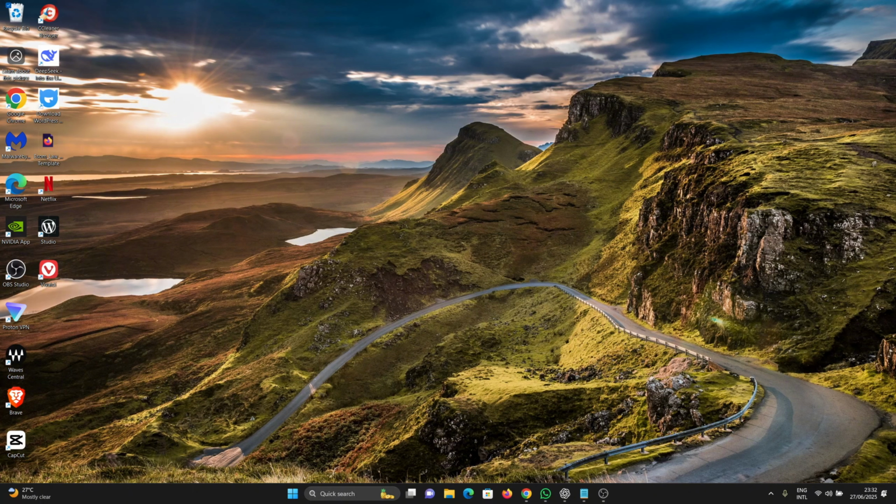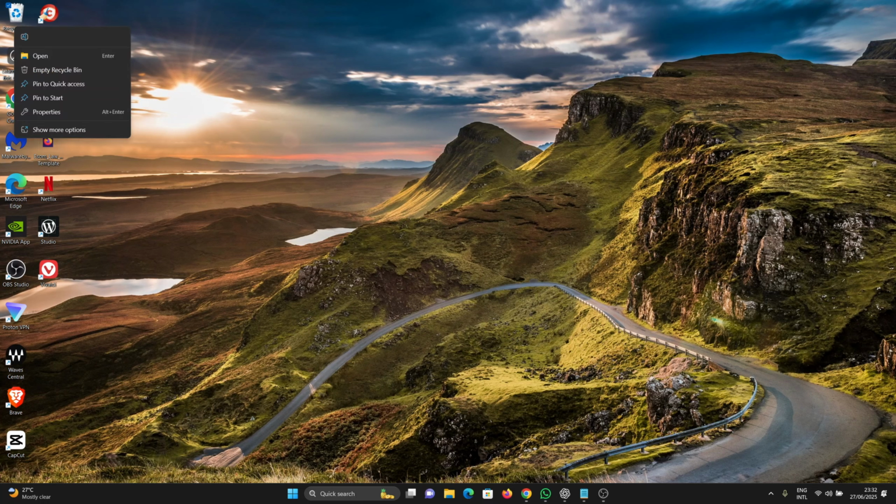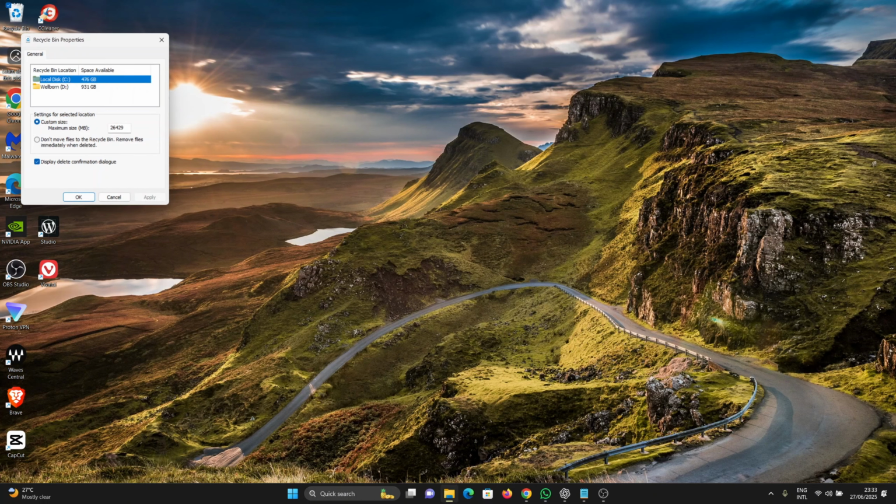Now, the first thing is to come to the recycle bin icon on your Windows desktop and then right click on it and click on properties, and then from the properties interface we're going to go with the first disk and just click on it, and then make sure that custom size is selected and also select display delete confirmation dialog,